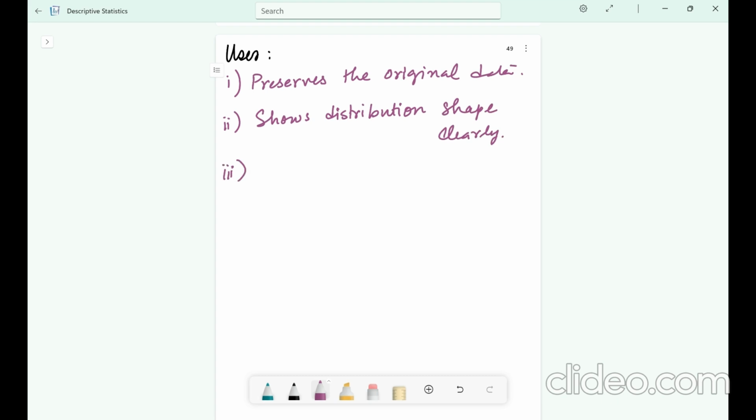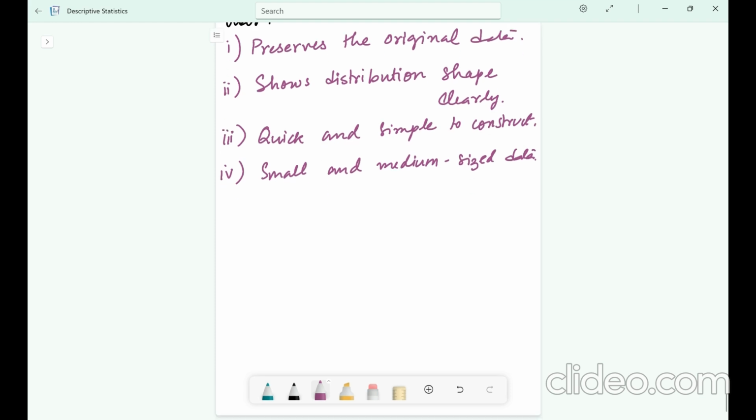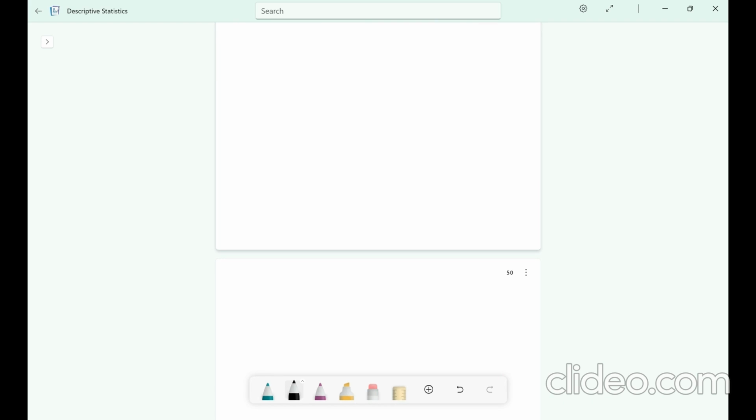Third is quick and simple to construct. Point number 4 is useful for small to medium sized data. Alright, it's like making a mini data garden, right? Where numbers grow on stems and leaves. Beautiful, right? Yeah. Now coming to the next part, which is